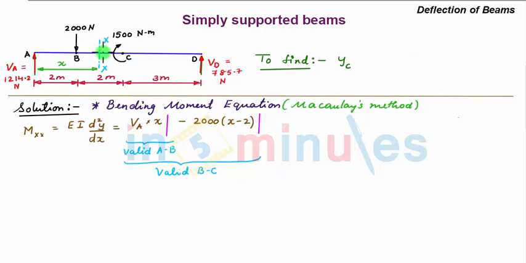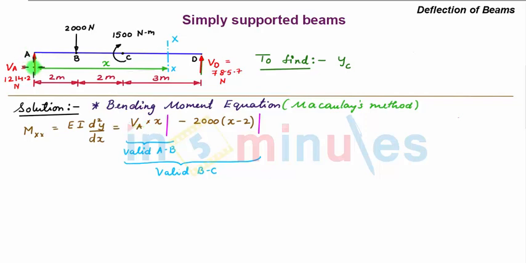Now let's move this section beyond point C such that your section XX is now between point C and D and at a distance x from origin A. Now if we write the bending moment equation about section XX, considering the left hand side of section, we'll have